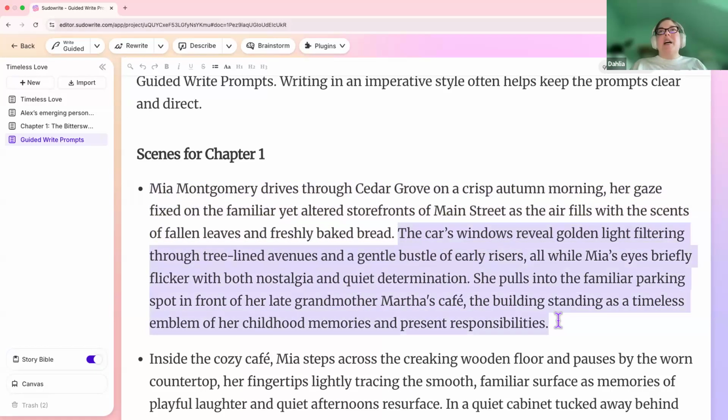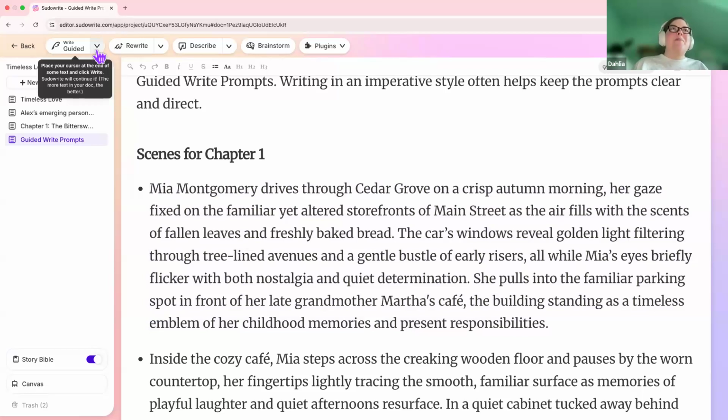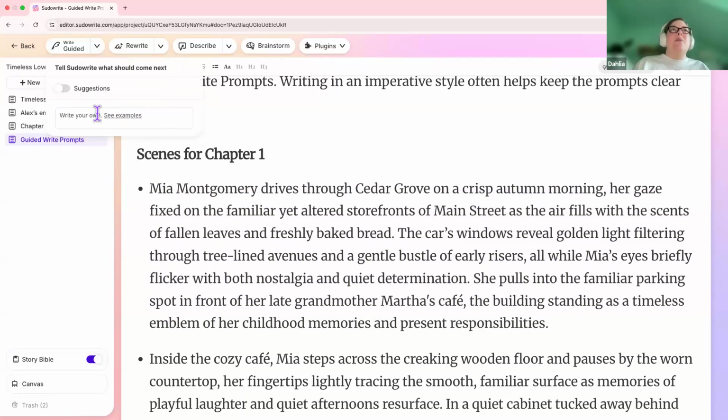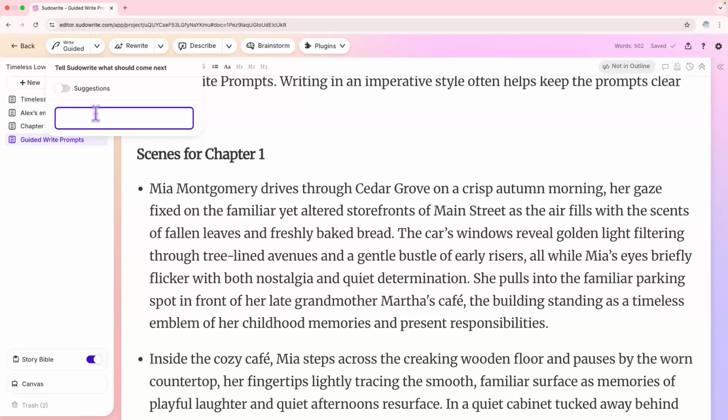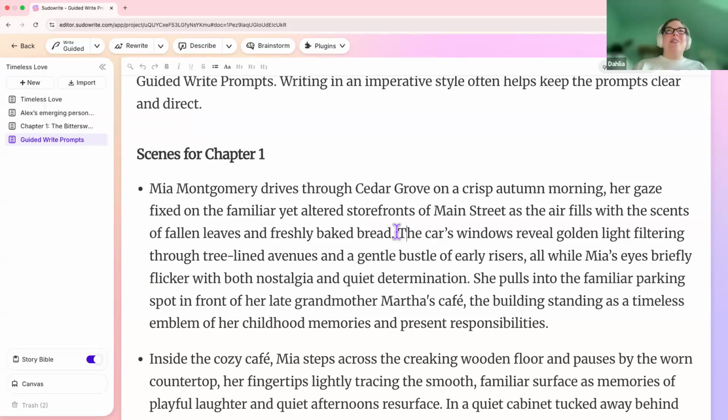Let's say you don't like this part, then you would just delete the section you don't like, put it here, and then use guided write and tell it how you would like to change what's following. Yeah, there are a lot of ways to work with this. There's a lot of things you could do, and a lot of tools that could work,